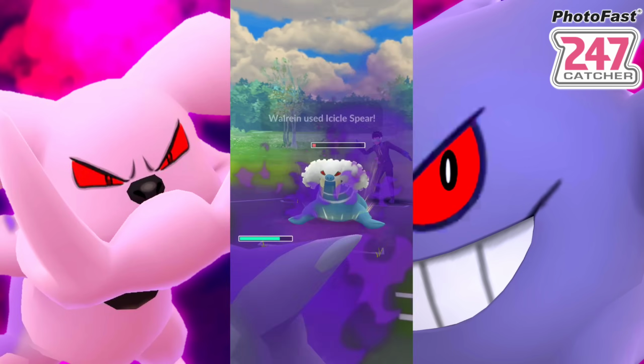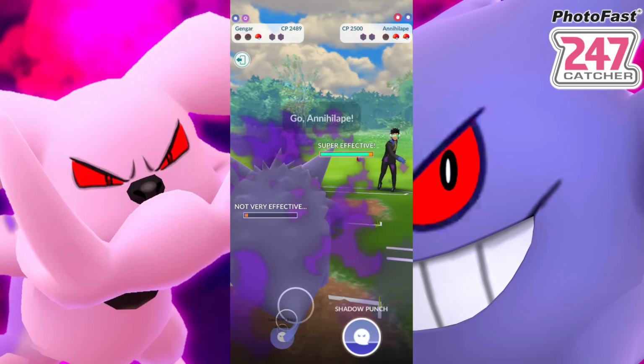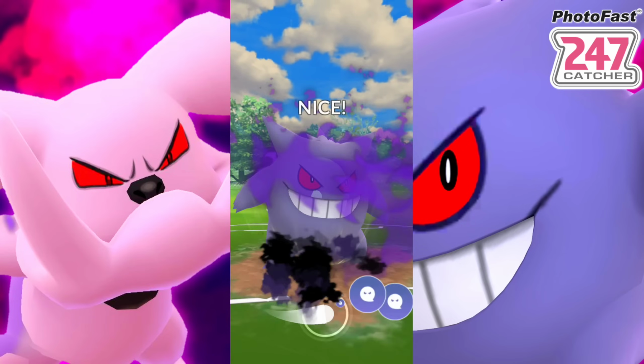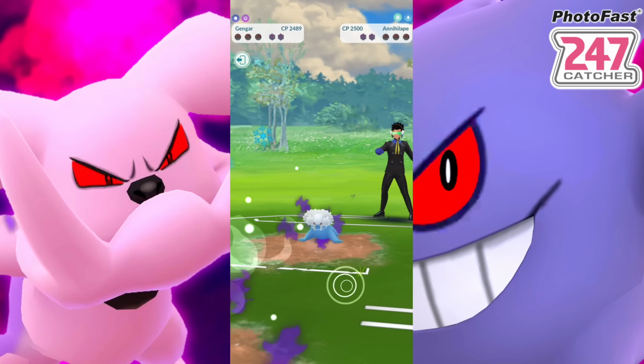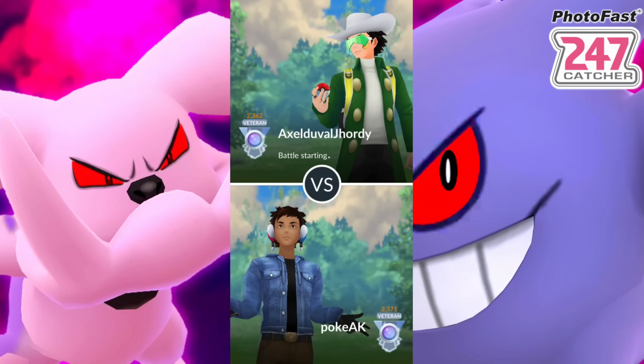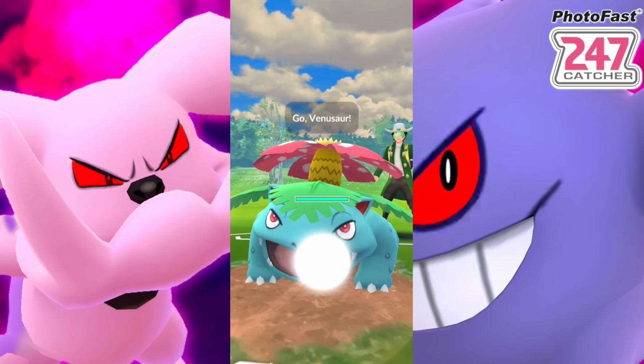We're going to survive with an inch. This is going to be crazy. All right, so we get to the Shadow Ball. This is the double KO, I'm pretty sure. So go in to one-shot the Annihilape, and then we have a double KO there. Good game. All right. Next one, we're going to be seeing...